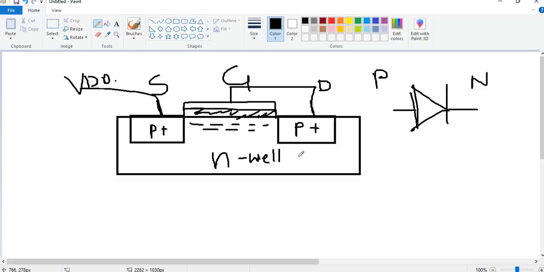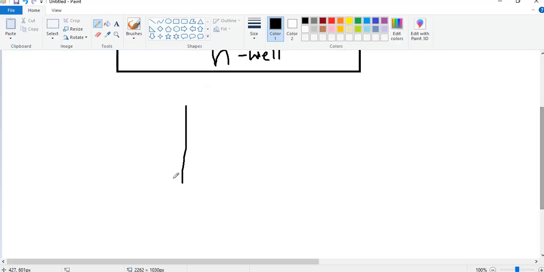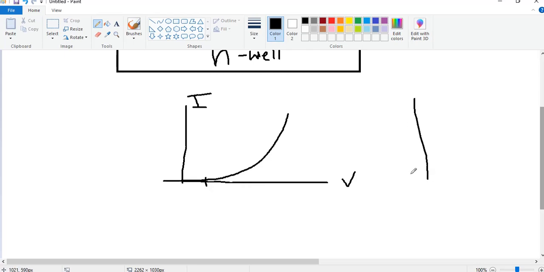And what is the characteristic of a diode? Diode basically has a characteristic like this. If I consider this as V and this as I, the current rises linearly after the threshold voltage. And how exactly does a resistor behave? If I consider an ideal resistor, or to be practical, a simple resistor, the VI characteristics of a resistor will look like this.